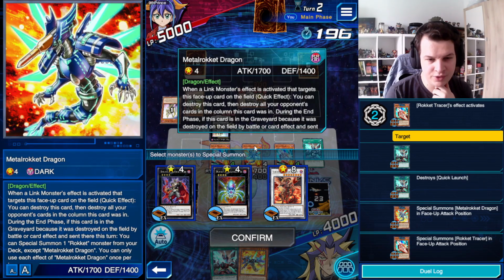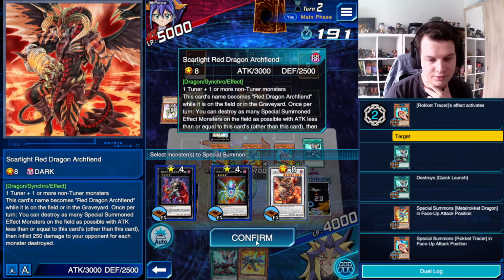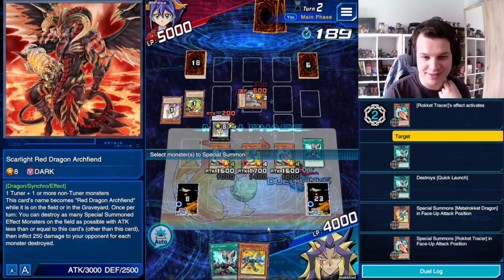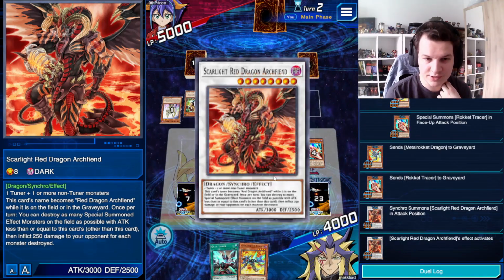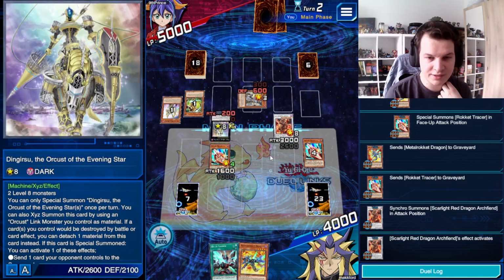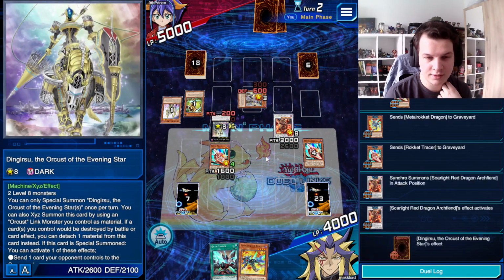So this was summoned off of the, you know what, I'm just gonna make this. Who cares? Who cares, really? Scarlight, Red Dragon, Archfiend. I'm just playing Rockets today. Is he gonna protect the, Ding? If he is, he's the biggest...